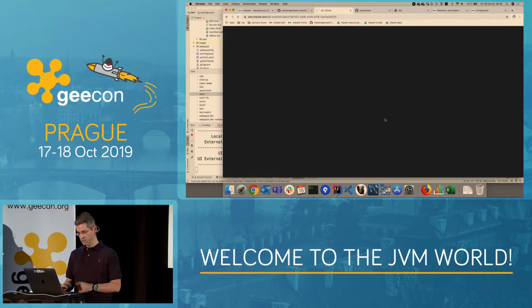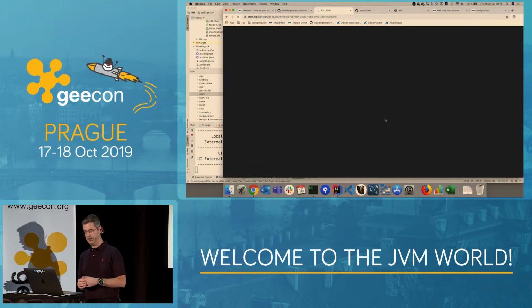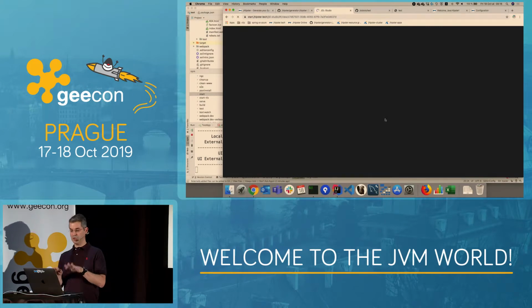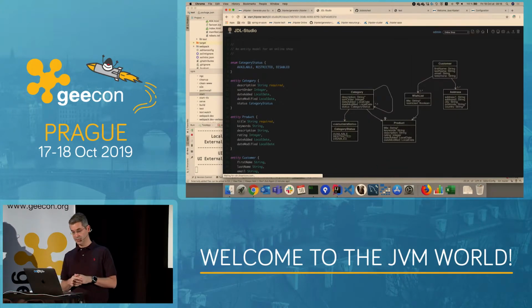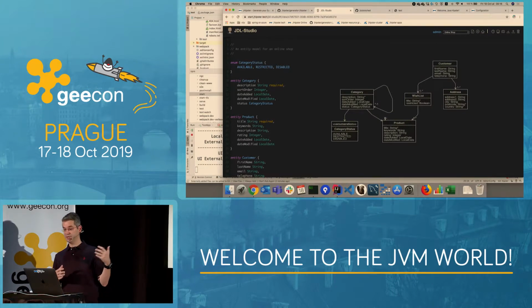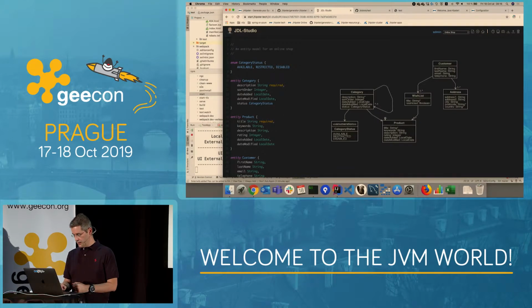If you have a look at a sample file, you can do it on the command line. We've got some IDE plugins for that. I would even recommend the IDE plugins if you do it yourself, because it's more enjoyable to have everything on the IDE. But we've also got this nice web interface to do it. So, lots of choices. This is one of our sample apps. You can probably recognize this type of graph. And here's our domain language.